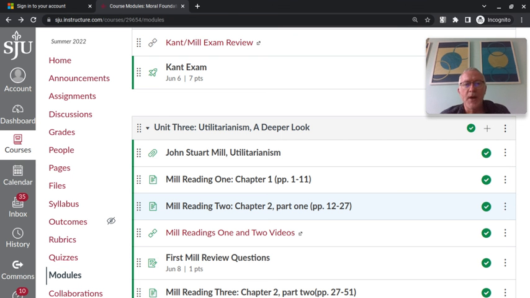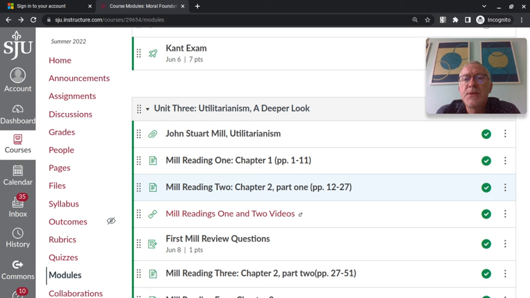As we'll see also in later readings, another big issue is proof of the principle of utility. What proof is there? What argument is there for the notion that happiness is the good? And this leads us into logic to some degree, the logic of philosophy, or how things, like first principles, can they actually be proved, and what rational ground can be offered for things like the principle of utility.